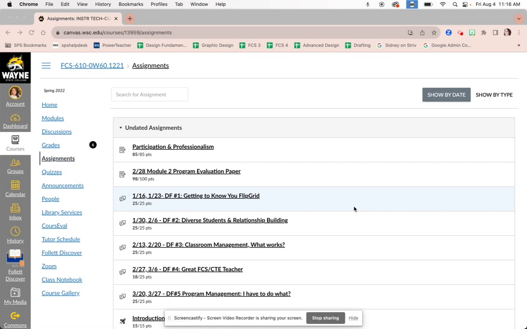So let's just say you create your portfolio before you graduate. And after you've graduated, you realize you put the wrong attachment in, or you didn't include an assignment that somebody's asked about or that you found really important, or something like that. And you no longer have access to Canvas and you're just kind of up a creek.